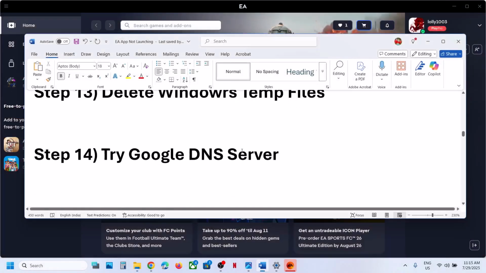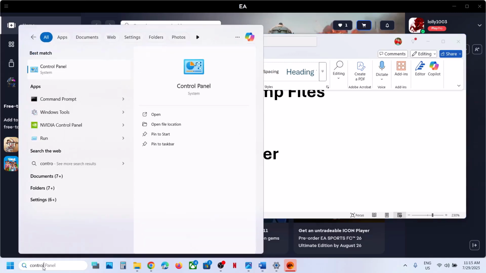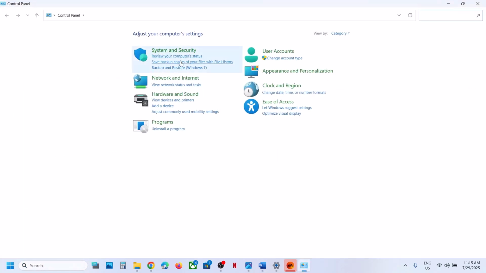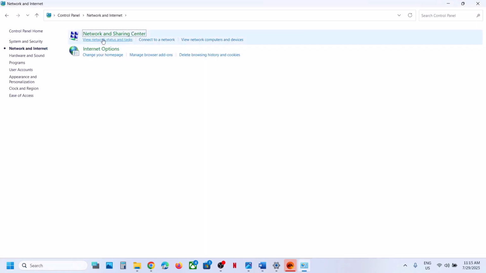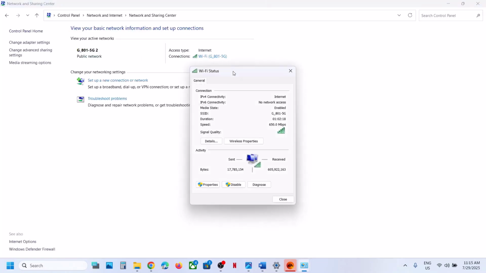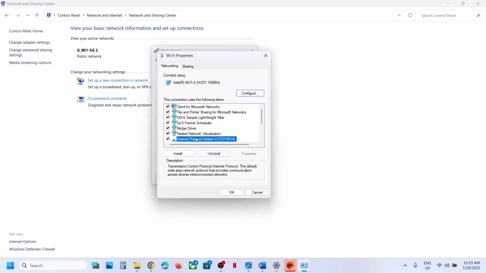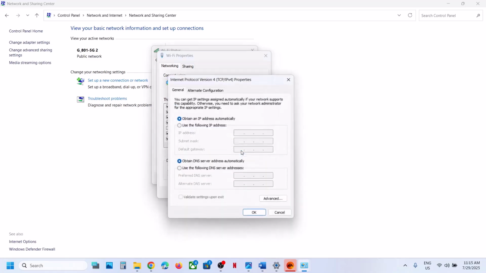Still not working. The next step is to try Google DNS servers. Now for this, type in control panel in the Windows search box, go to control panel, go to network and internet, go to network and sharing center, and then select your internet, click on your internet, and then go to properties over here, select IPv4, that is Internet Protocol version 4, and then once you select it, click on properties,